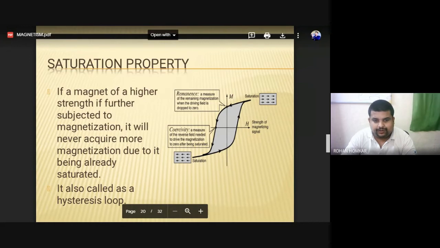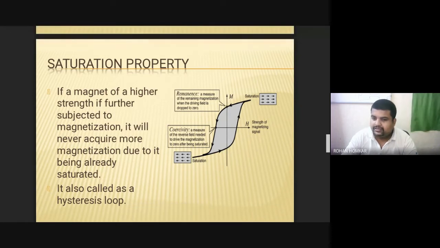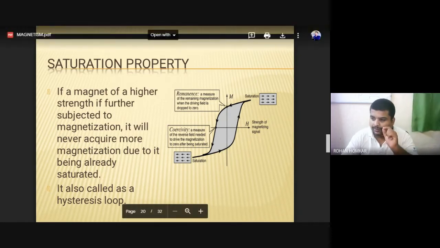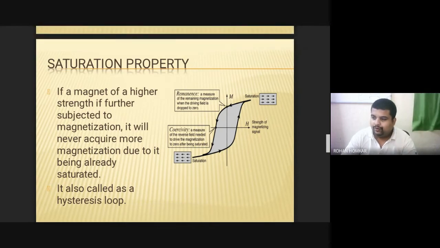And this particular diagram you can see here is called a hysteresis loop, where we can see that this particular magnetic field is being acquired, and it is being accumulated.